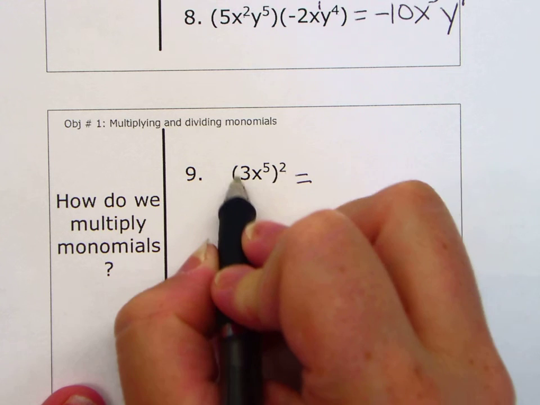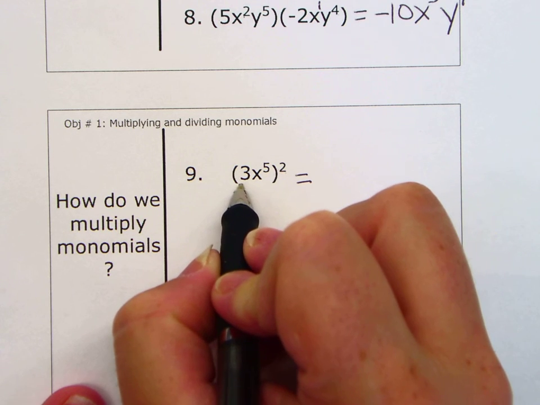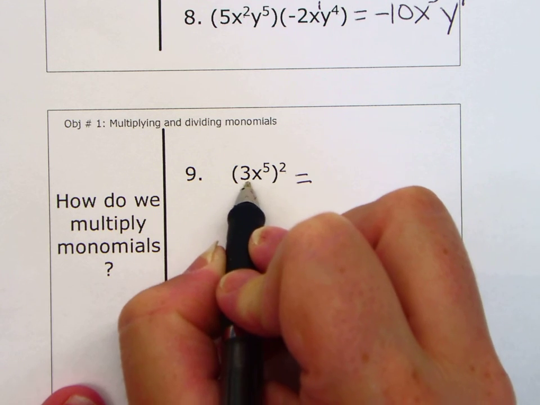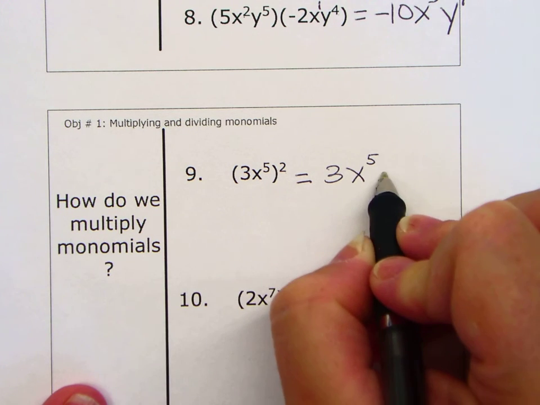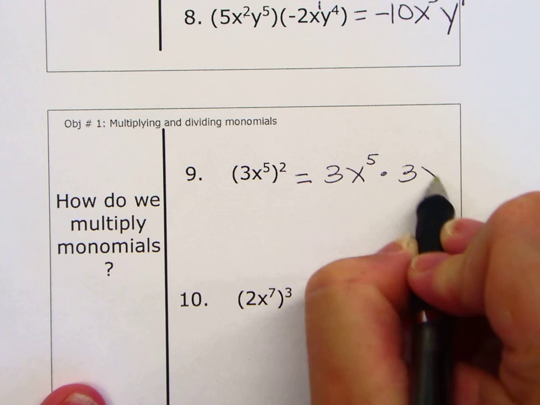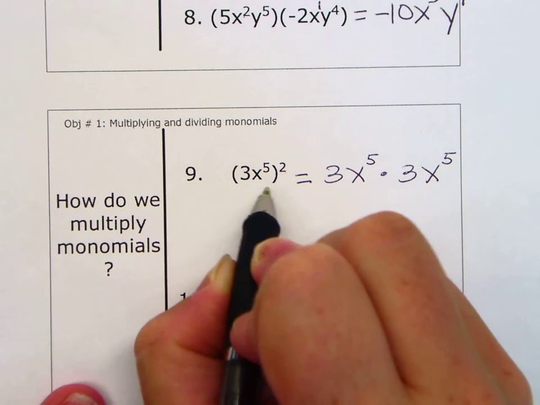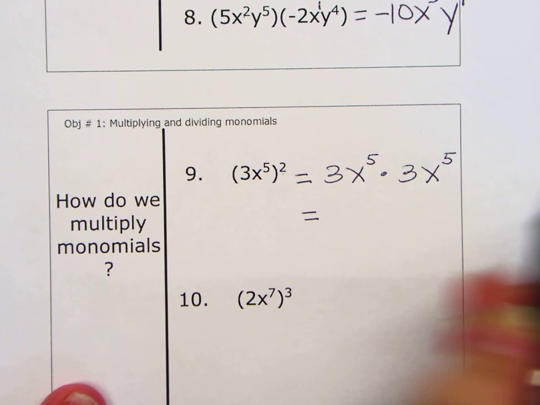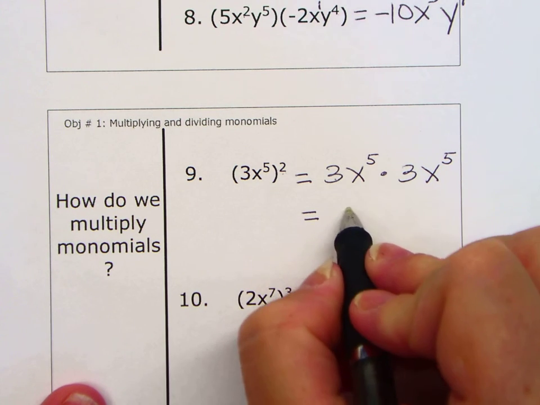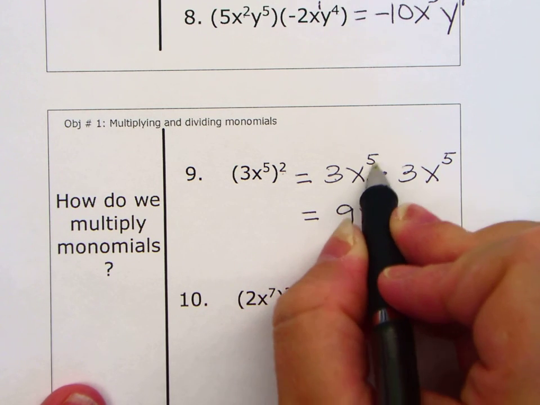So the base in this case, because of those parentheses, is the whole thing on the inside, 3x to the 5th. 3x to the 5th is your base. So you have 3x to the 5th times 3x to the 5th. So we write the base twice because there's a 2. Now multiply. 3 times 3 is 9. X to the 5th times x